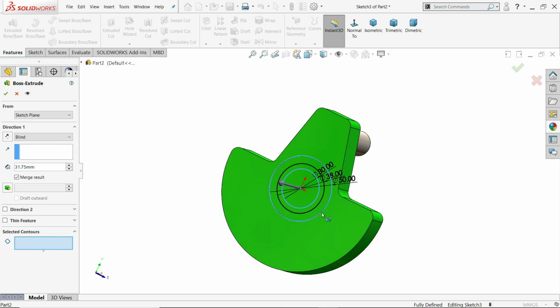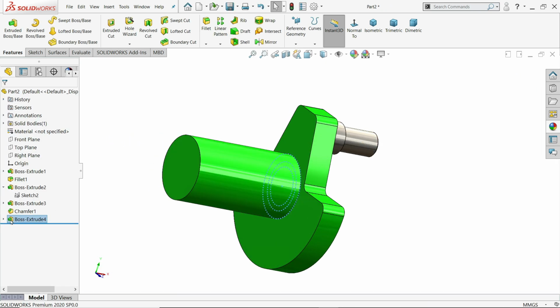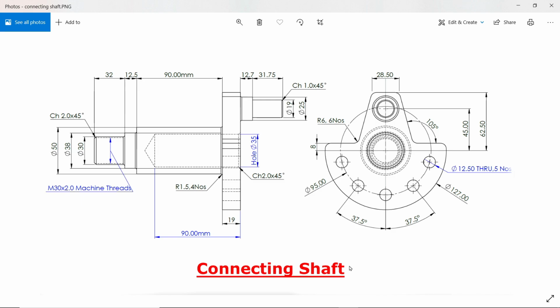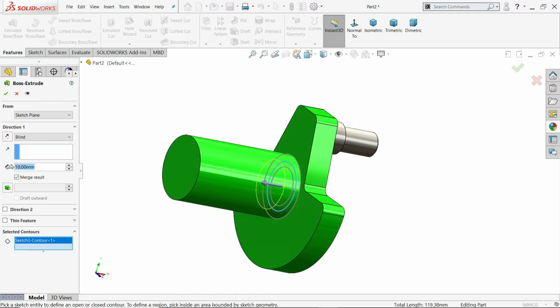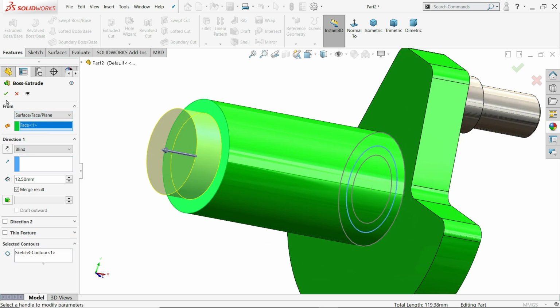In selected contour, I'll choose the outer one. End condition blind and 90 millimeter. See, say yes. Again, I'll choose the same sketch, extrude, clear, and here I'll choose the inside one. Okay, this one 12.5, then 32 millimeter. 12.5, and from this surface, see, it is going to move from this surface.